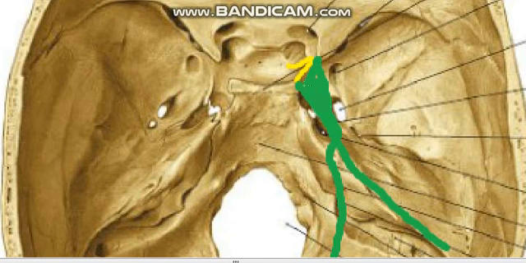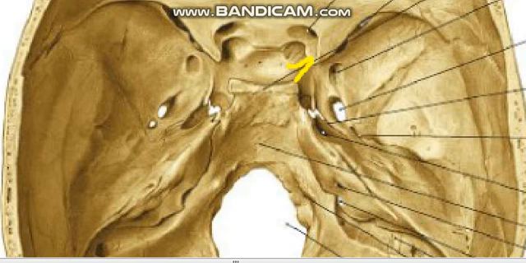So this is how the termination of the tentorium cerebelli looks like. So you have a fixed margin and you have a free margin, and the free margin overlaps the fixed margin to get attached to the anterior clinoid process, and the fixed margin passes from below to be attached to the posterior clinoid process. So these are other attachments that we have to study. So we have gone through the tentorium cerebelli now, and now we are in a position to shift from the midline to the sides of the middle cranial fossa.